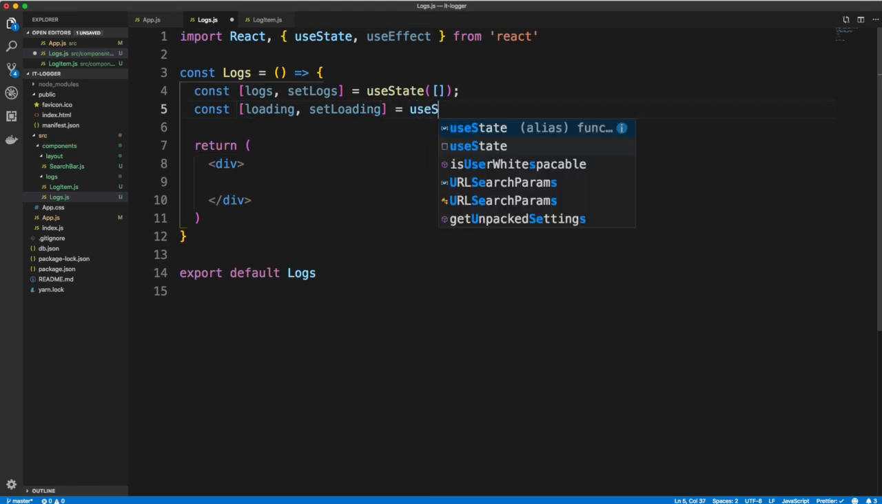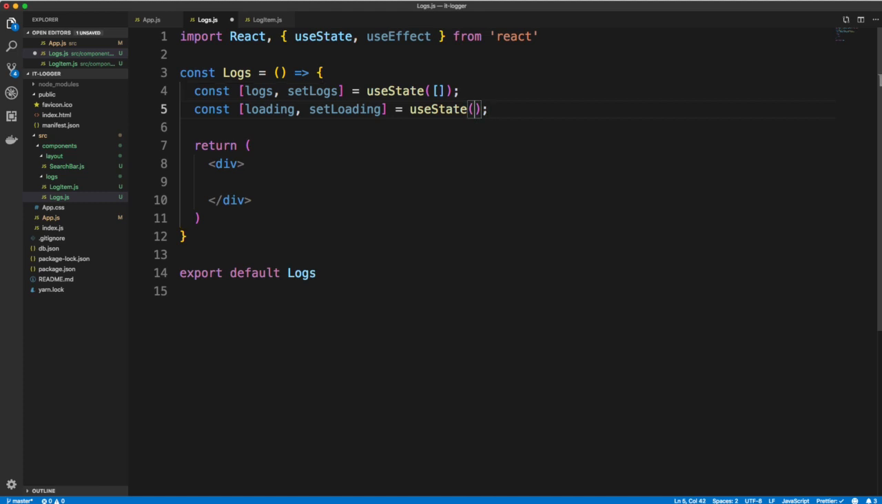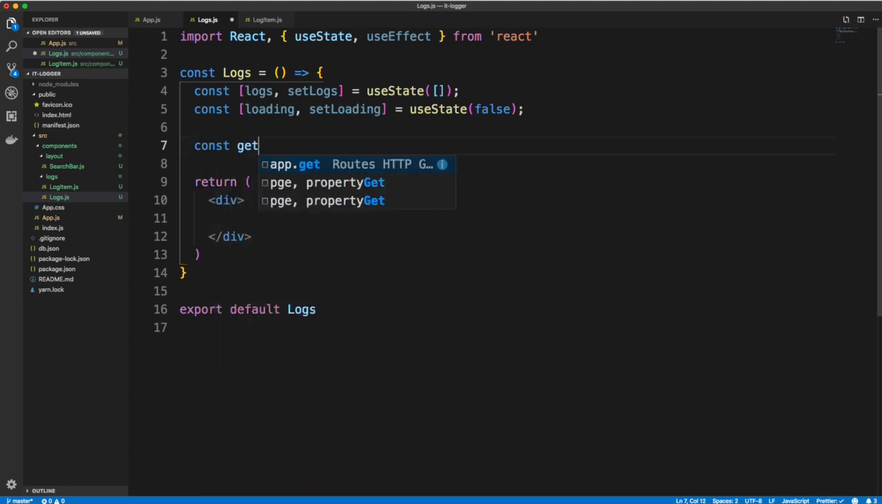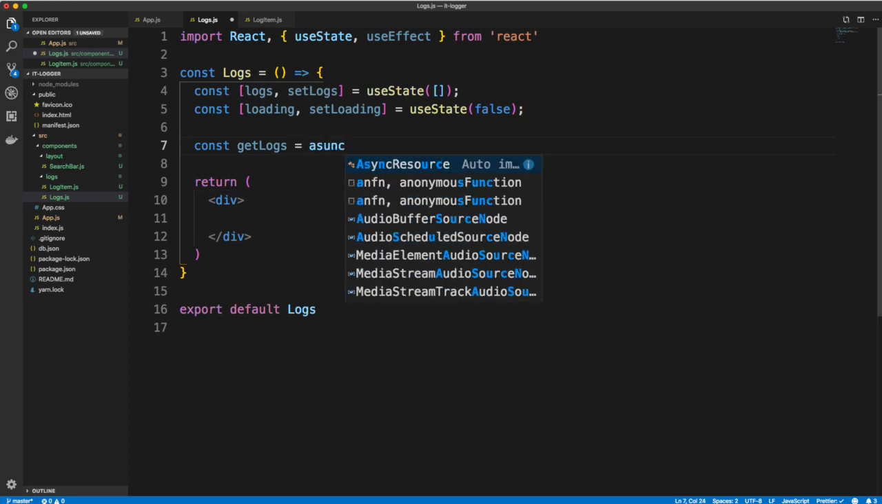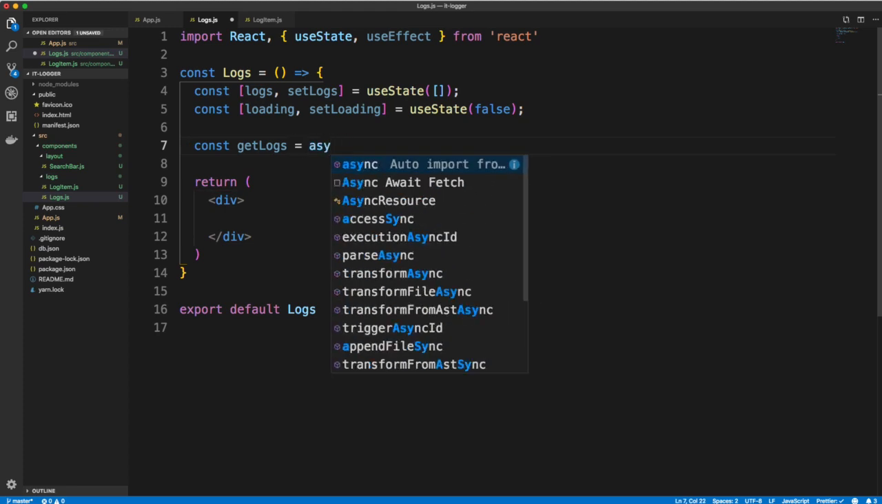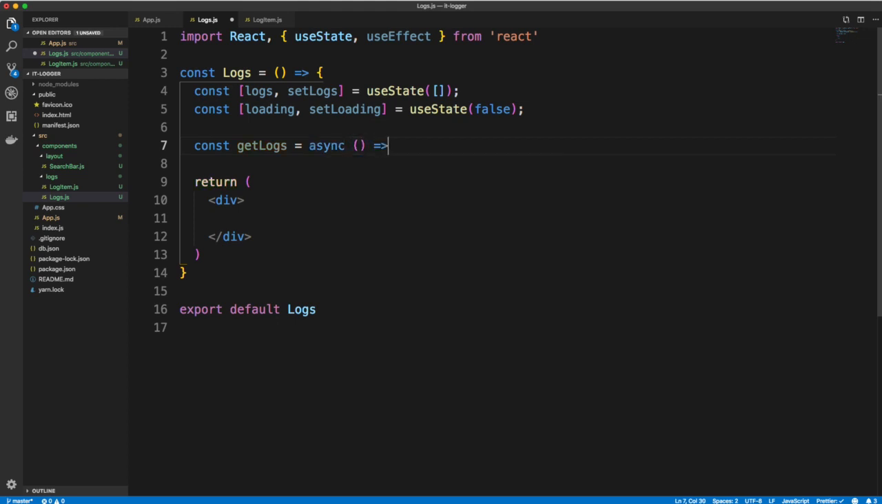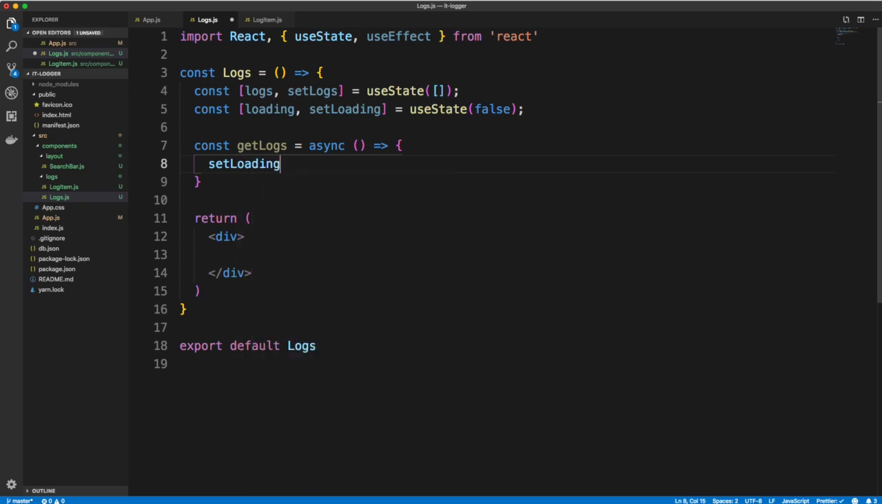So useState, and the default for this is going to be false. Okay, so that's the state. Now I want to create a function here called getLogs, and it's going to be an asynchronous async arrow function, and let's call setLoading, and let's set that to true, and then we'll make the request